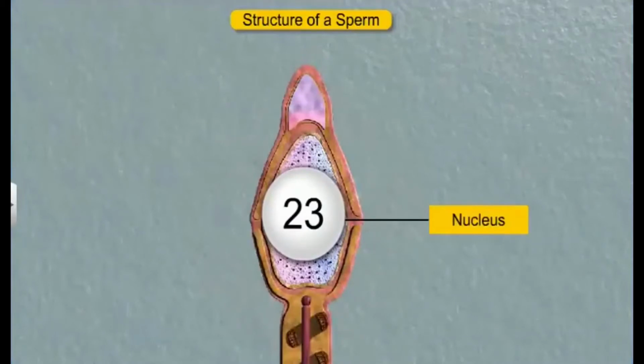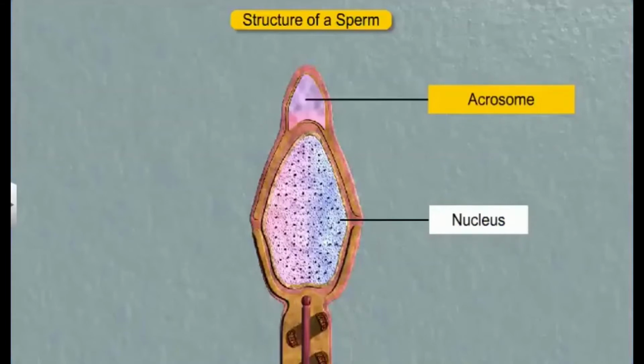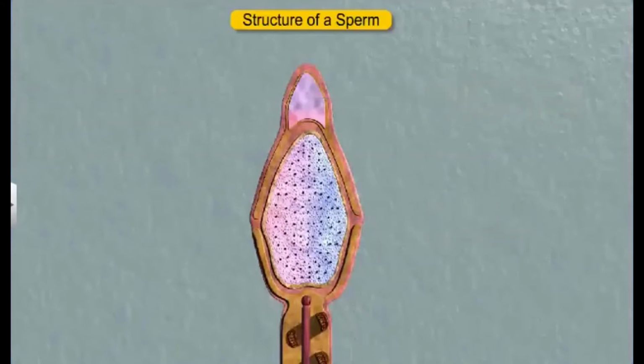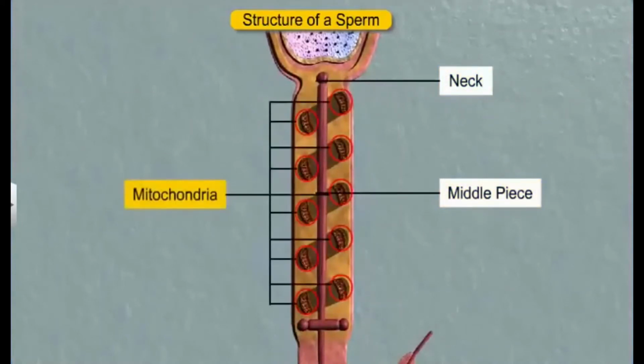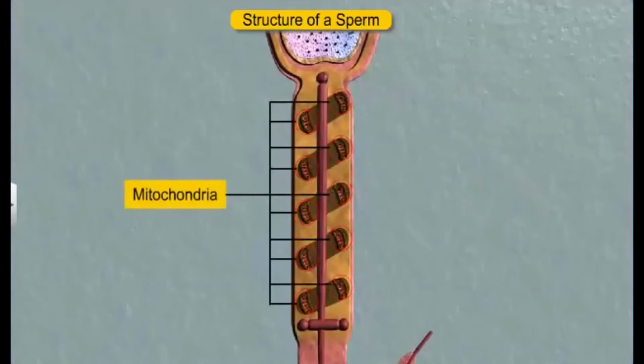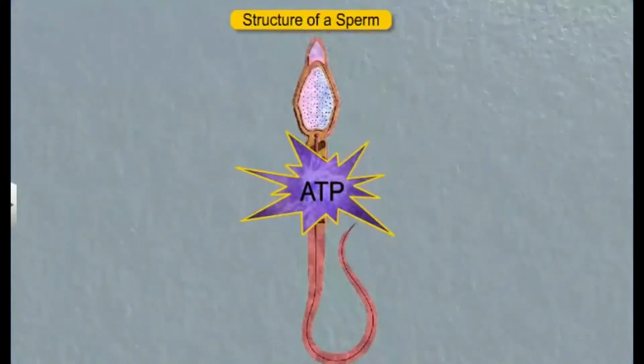The interior part of this nucleus is surrounded by the acrosome, a cap-like structure filled with enzymes that help fertilization. The sperm's head is followed by its neck and middle piece, which is filled with mitochondria. These mitochondria break down glucose in the semen to produce ATP, an energy molecule that powers the movement of the sperm's